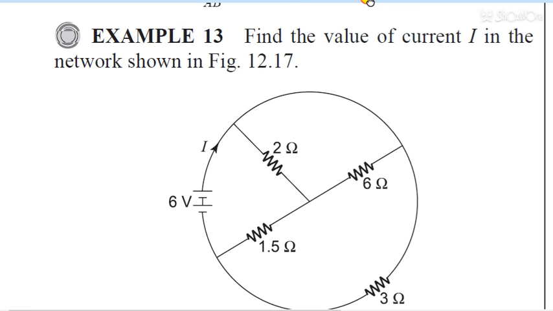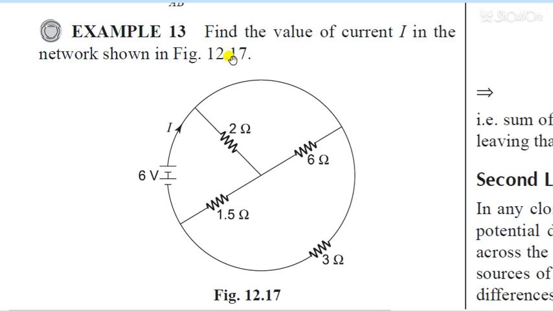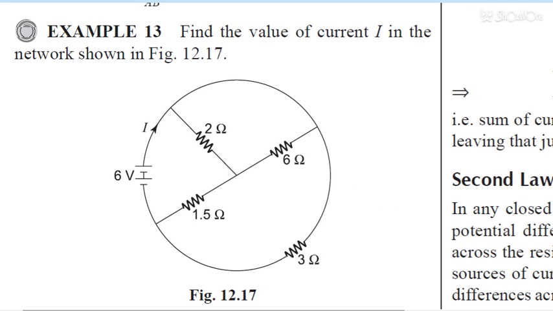So students, we are with the question, this one. Okay, so we are with the question, and I can use the marker from screen recorder. So find the value of I. He is asking about the I in the network shown. Figure is 12.17. Book is NK Bajaj IIT JEE Mains Complete Physics book. So you can read it. This book is very good book. I have seen it already.